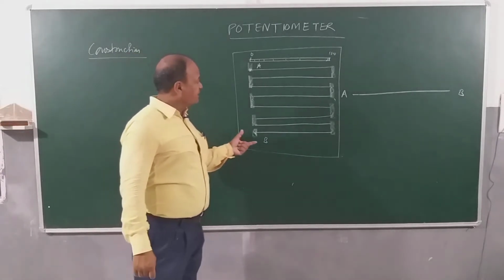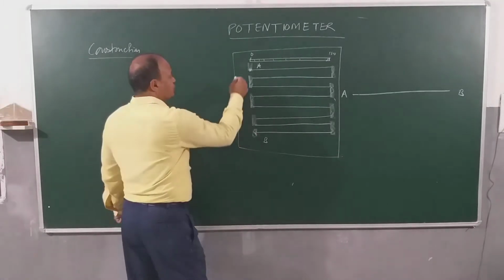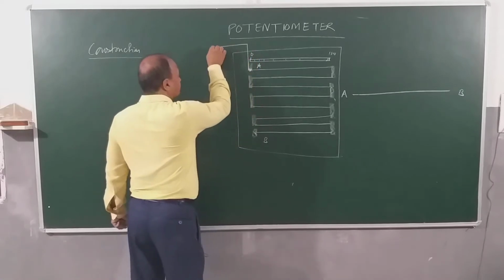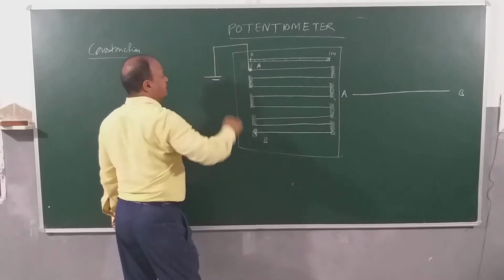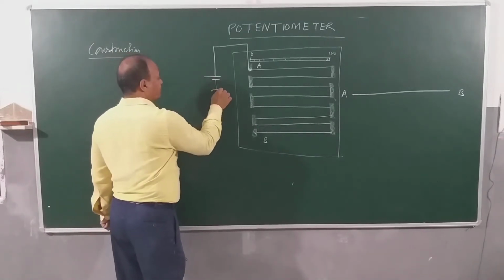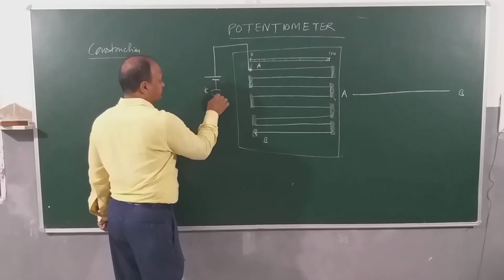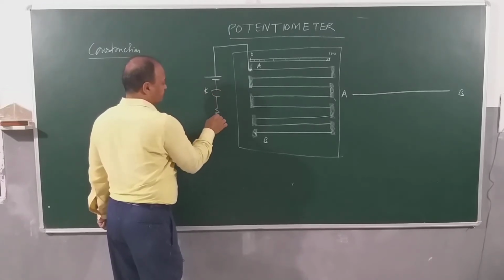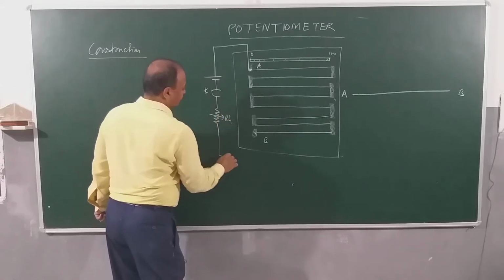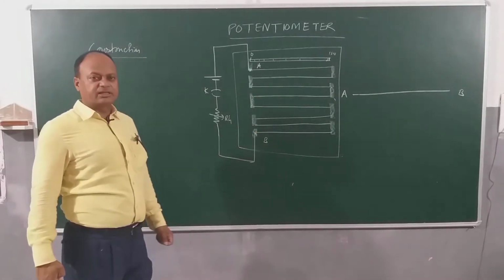Now once we have this arrangement ready, then we have to apply a battery. So the battery will be connected between the first wire out here. We need a small battery, 2 volts is enough. Then we will place a key. This key is K. Let's not close it. And then here we will connect a rheostat. And then we will connect it at the other end B. So this becomes your circuit.